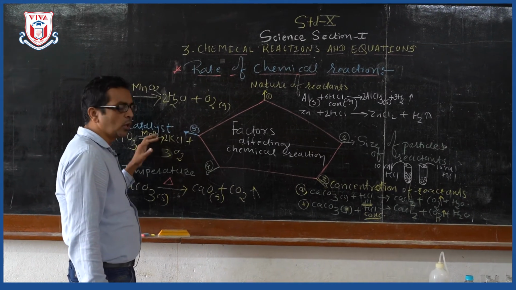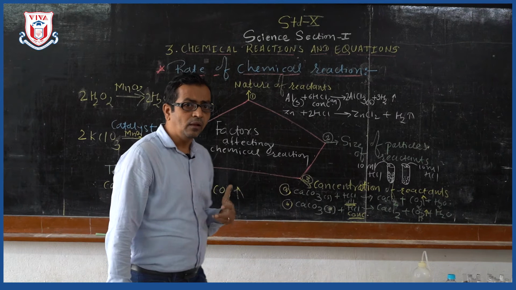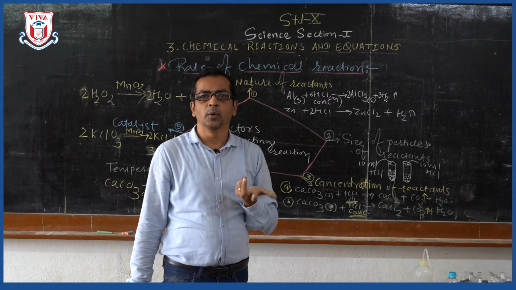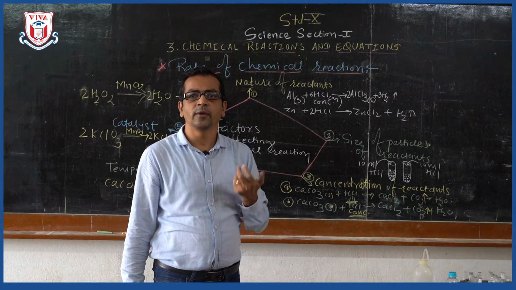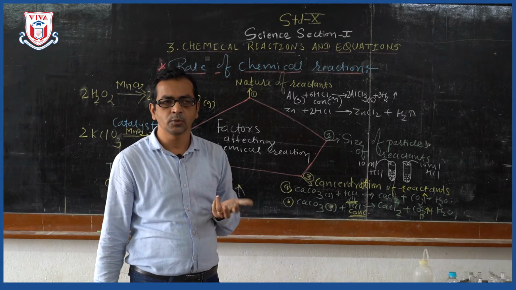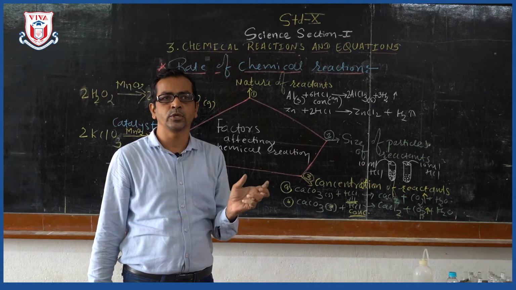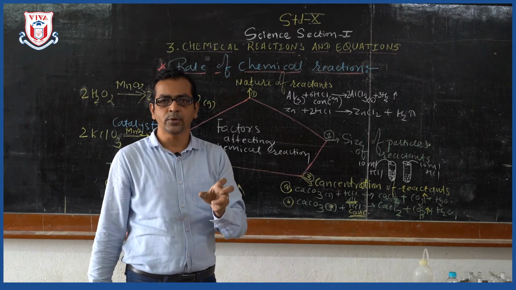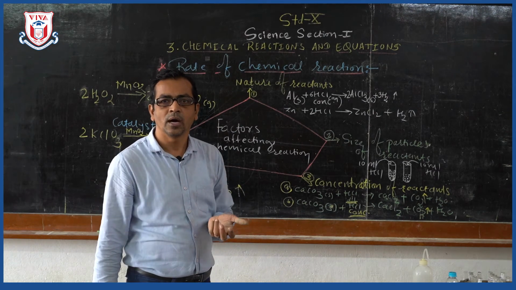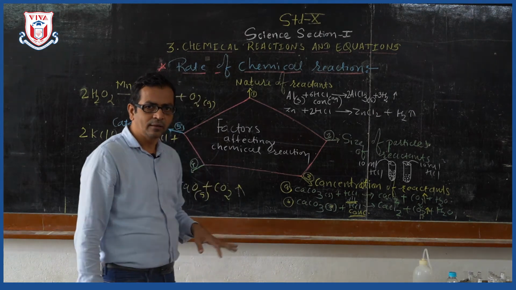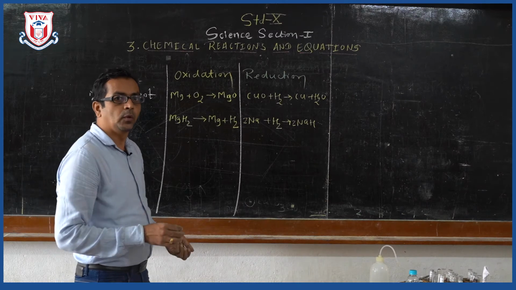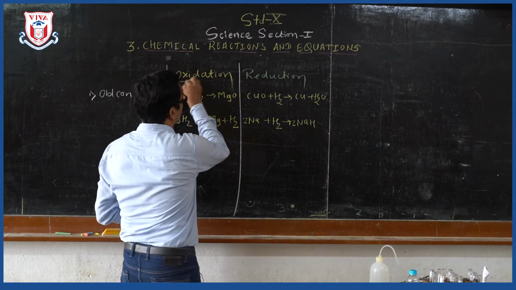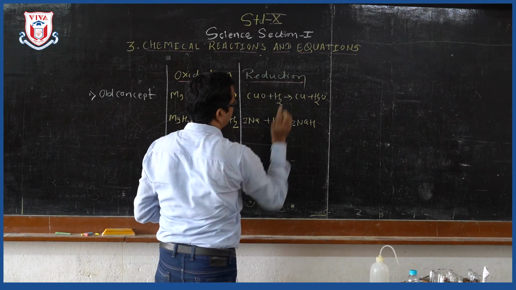In the same way, you can use Fe powder when you prepare ammonia by the Haber process. So Fe powder will act as what? Catalyst. It speeds up the reaction, that is, hydrogen will react with nitrogen and we will get a larger amount of ammonia. Okay. Next, we'll see what oxidation and reduction are.